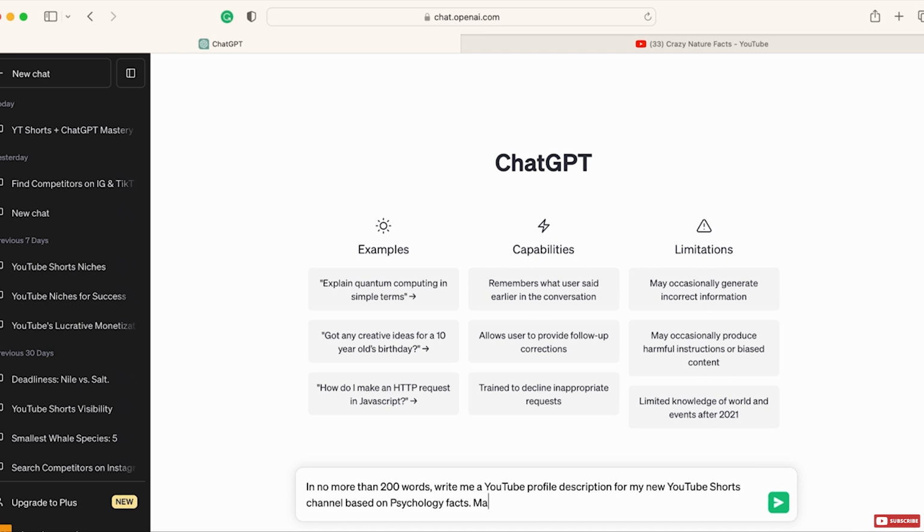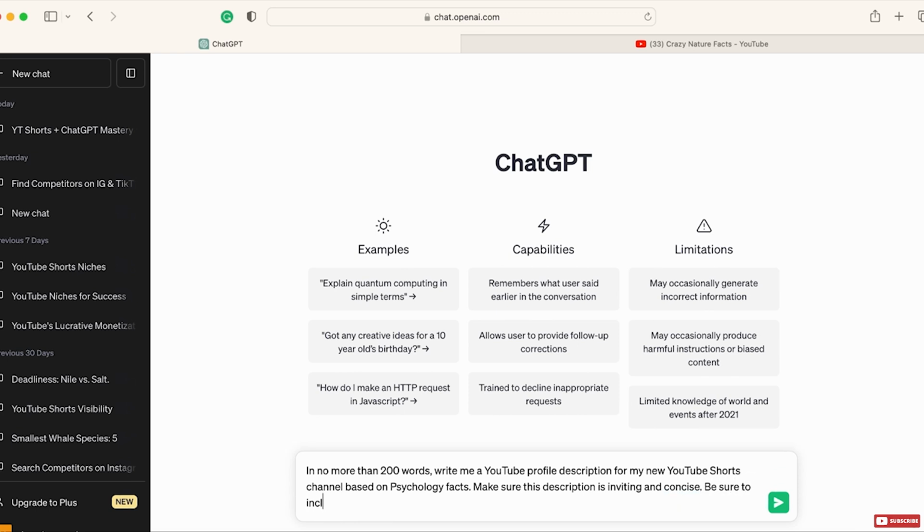Make sure this description is inviting and, let's say, concise, and then let's say be sure to include the keywords